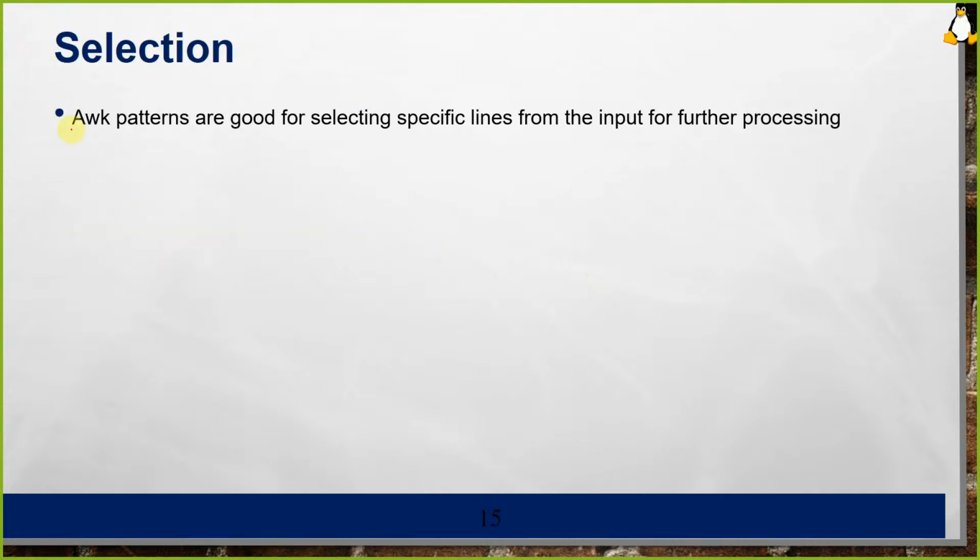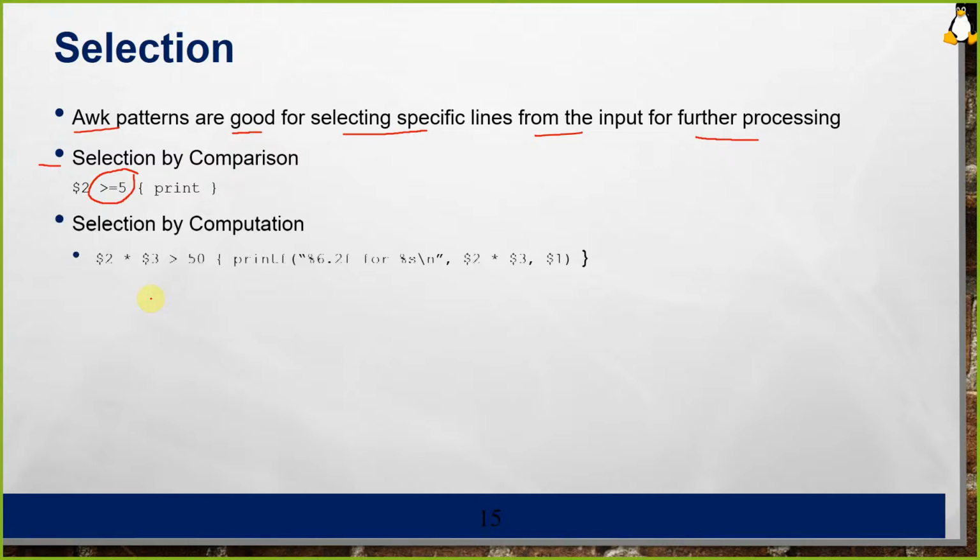Selection. Awk patterns are good for selecting specific lines from the input for further processing. Like selection by comparison, you can use operators greater than or equal to, less than or equal to. So for example, you are saying here field number 2 greater than or equal to 5, then print it. So you are performing the operation based on a condition. Selection by computation, like field number 2 multiplied by field number 3 greater than 50, then do this. Or selection by text content, field number 1 is Suzy, and then you are performing it based on the search